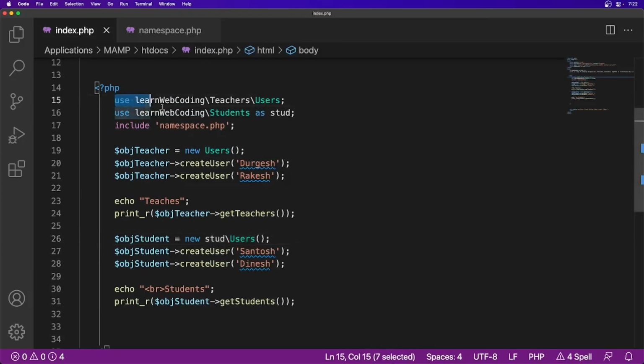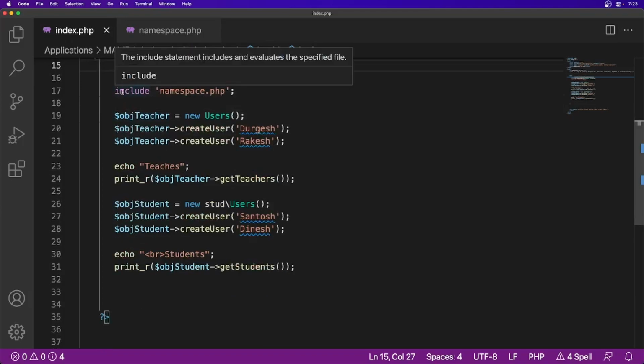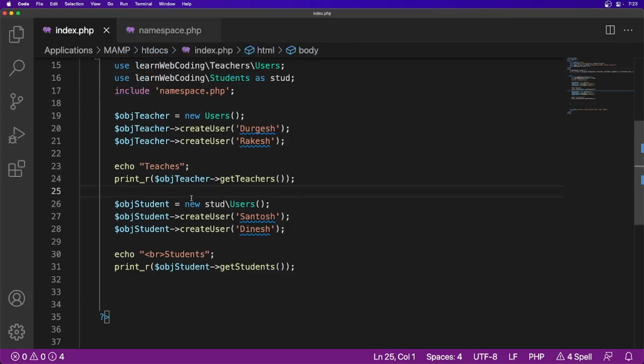And to use it wherever you want, you have to use the use keyword and the name of the namespace, and then as you can see you have to include that file and then call them as per your need. So I hope it has cleared your doubt about namespace and you have understood it properly.